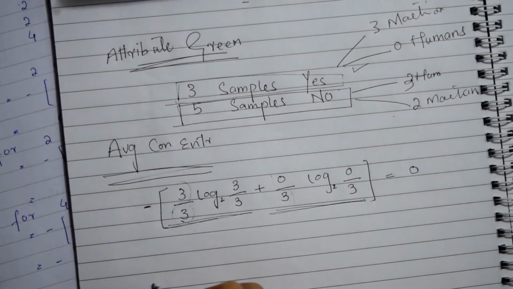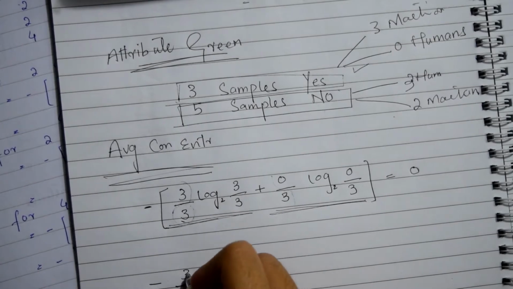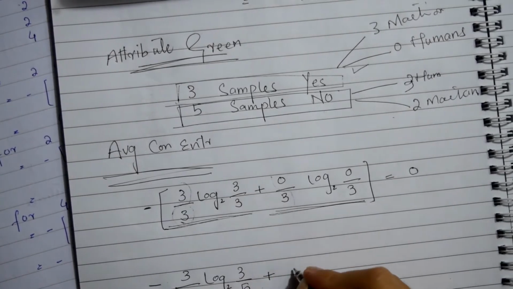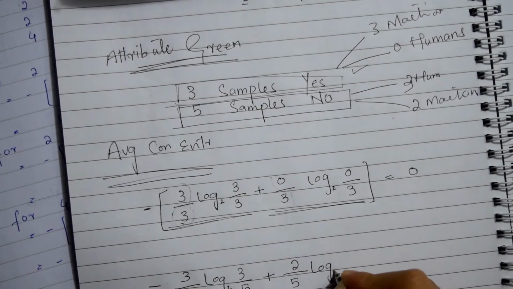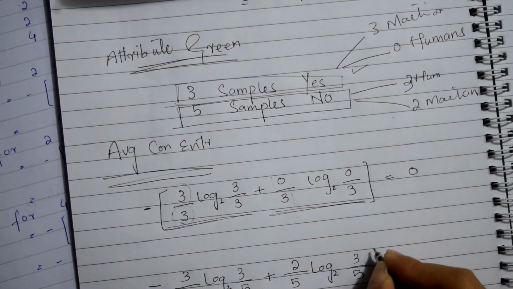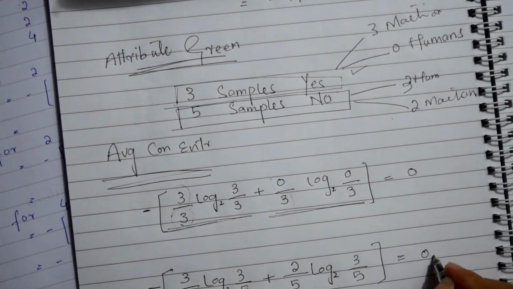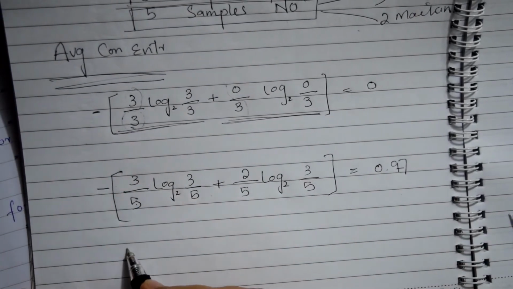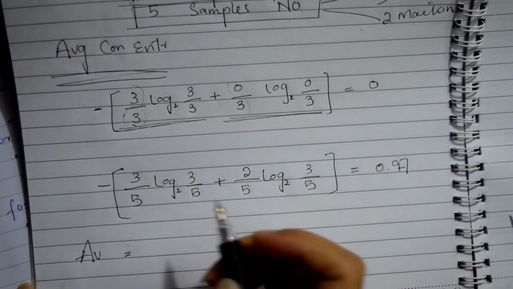For calculating this, out of 5, 3 are humans, so their entropy plus the 2 Martians. When we calculate this equation we get 0.97. And for calculating the average of these two, we are going to multiply